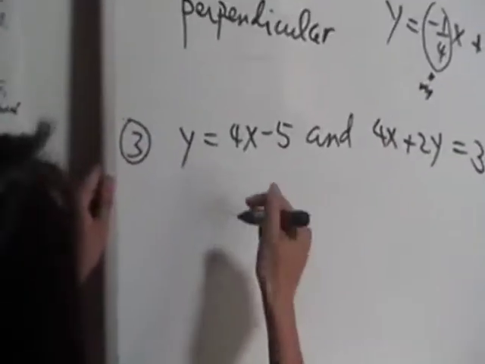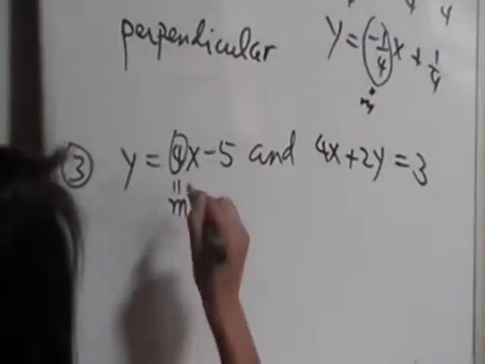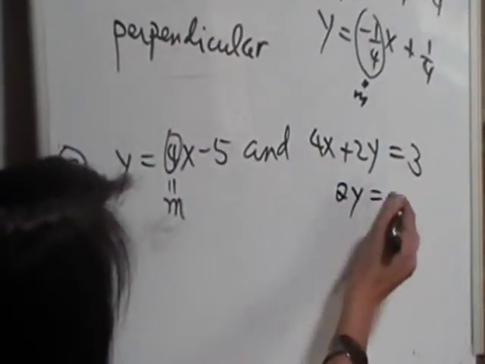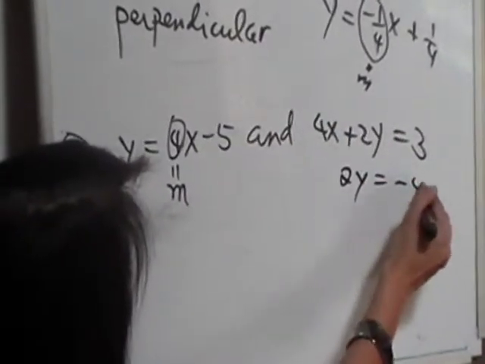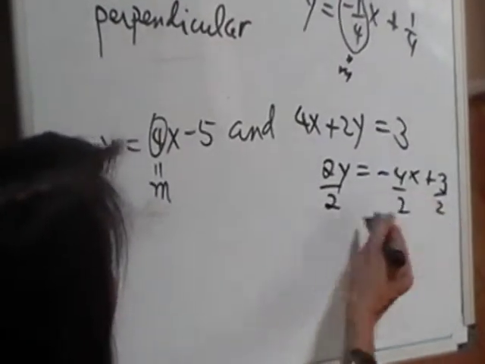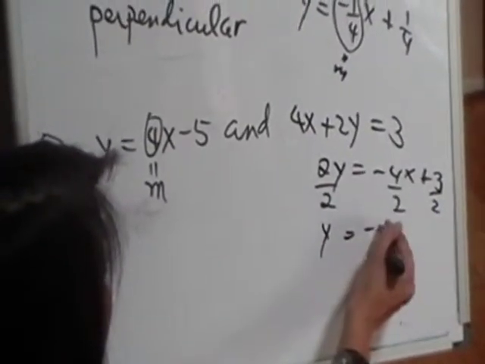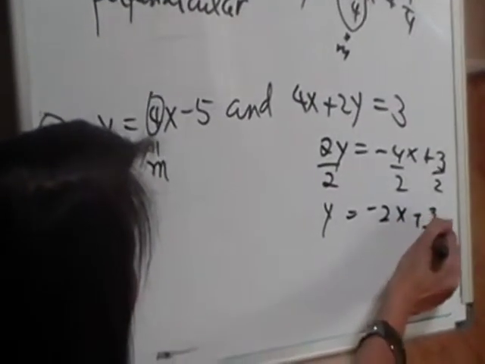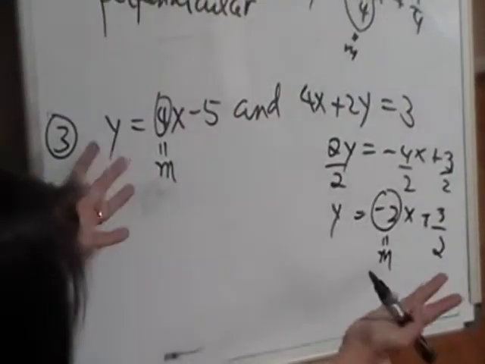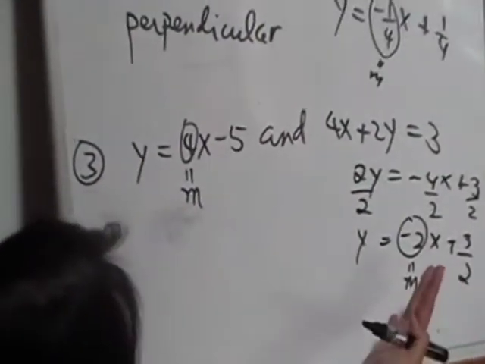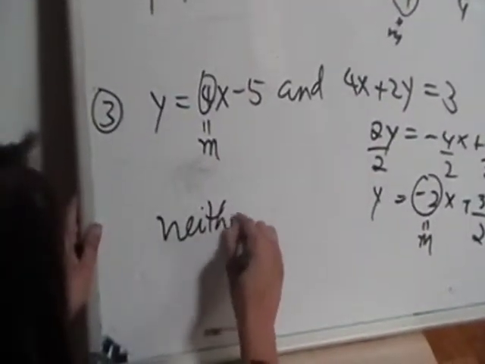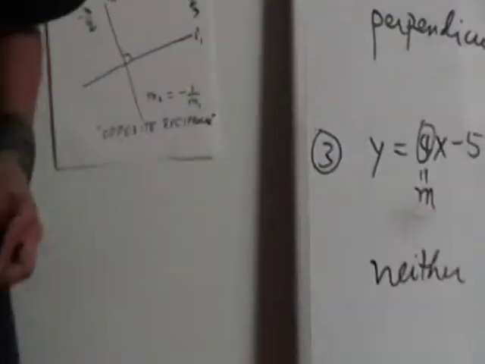Finally, I have this here, same guy here, the slope is 4. I have this line 4x plus 2y equals 3. If I want to isolate my y, I need to move the 4x to the other side, make that a minus 4x, divide by 2 to isolate the y. So we'll have -2x plus 3/2. The slope of this guy is -2. This one is 4. 4 and -2, they're neither equal nor opposite reciprocals of each other. Therefore, these two lines are neither parallel nor perpendicular.